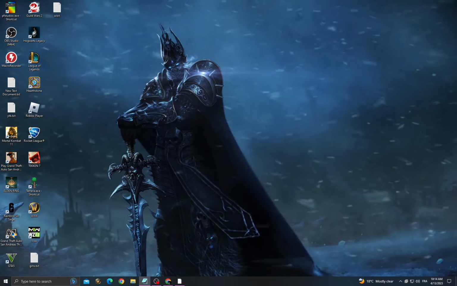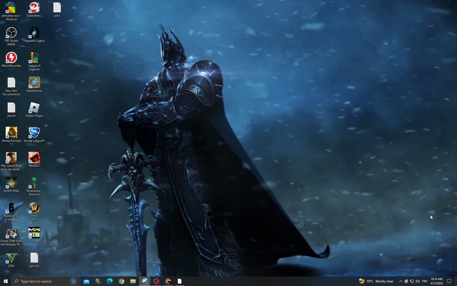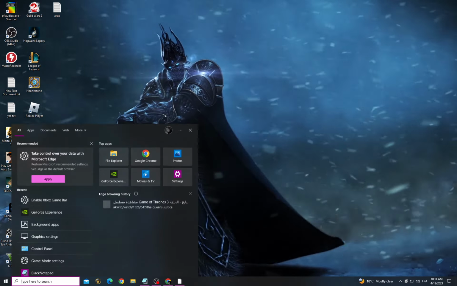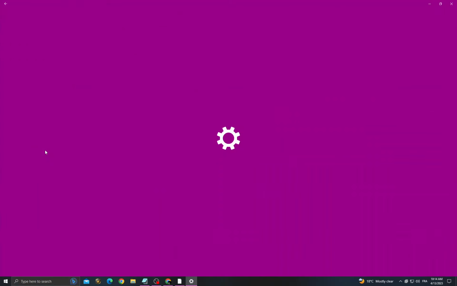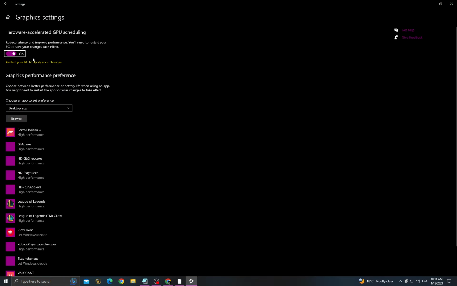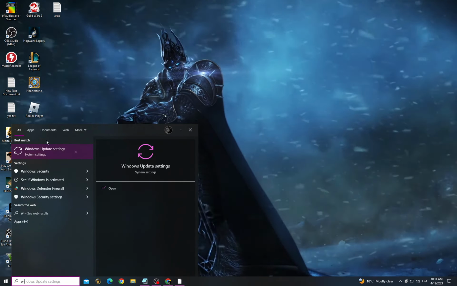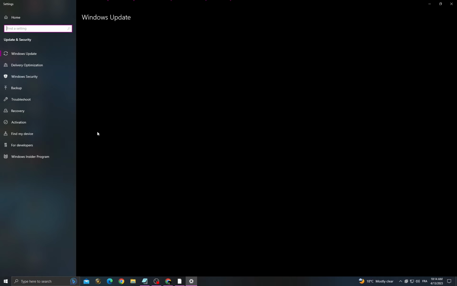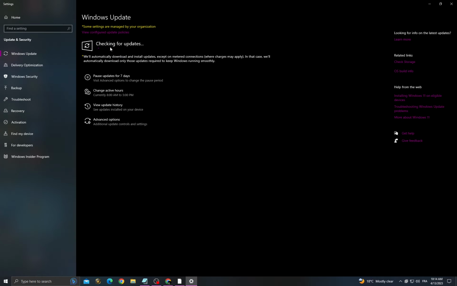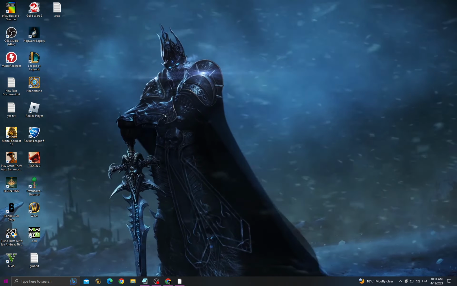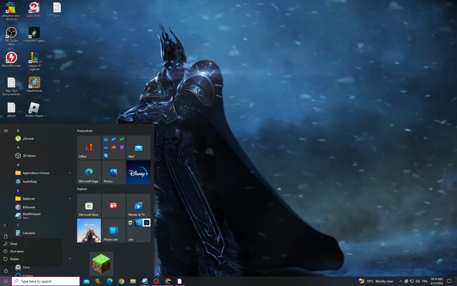Hello guys, in today's video I'm going to show you how to fix Rust lag problem. Click here and then go to graphics settings. Now turn on this option, and after that go to Windows Update settings and then install all the updates that you can find here, and then restart your PC to upload changes, and